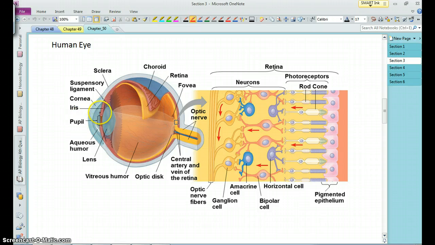You have the iris, the part of your eye that has different colors, green, blue, brown. It controls the size of the pupil, the opening into the eye that allows light through. Behind that, the lens, which is controlled by these suspensory ligaments, which are connected to muscles that allow the lens to change shape and for you to focus on objects at different distances. A liquid called the vitreous humor is behind that, and on the inside of the eye, the part that's